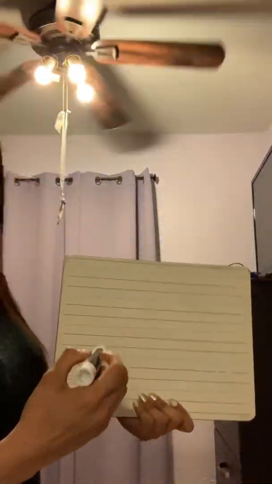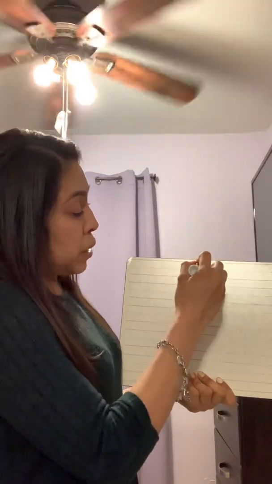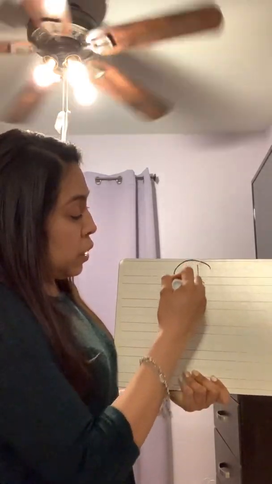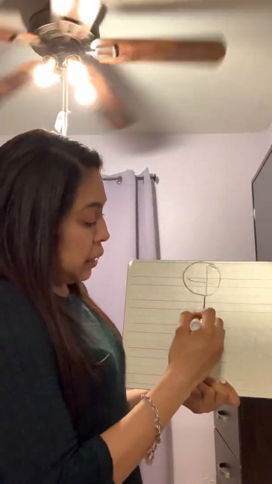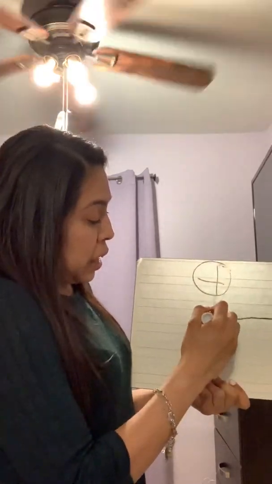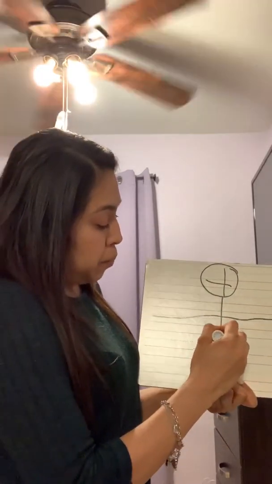And I would tell them a little story about Mr. Plus Sign. And I would tell them and draw on the board that I have right here, right? There was a man named Mr. Plus Sign, and I will draw him right here, and he has his legs, and I'll draw a big hand. He decided to go to the park,